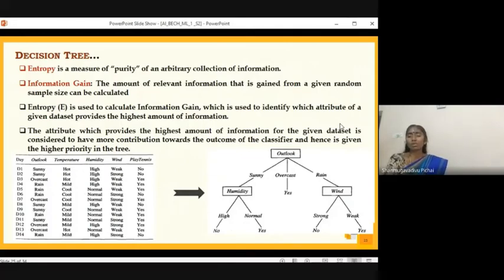For each category, you may have unique values. Suppose we take outlook, then the unique values are sunny, overcast, as well as rain. Now suppose the day happens to be sunny, then we have to check further the humidity. For humidity, we have 2 distinct values, either high or normal.